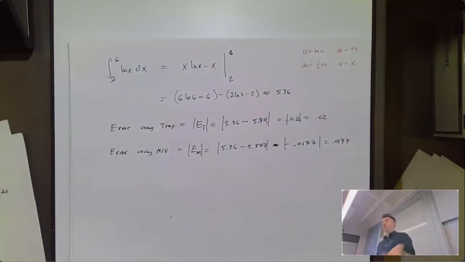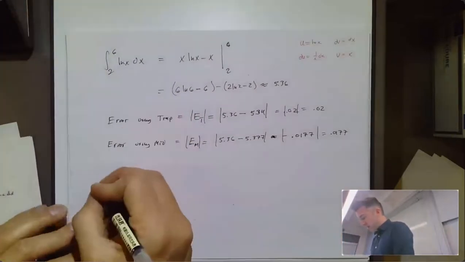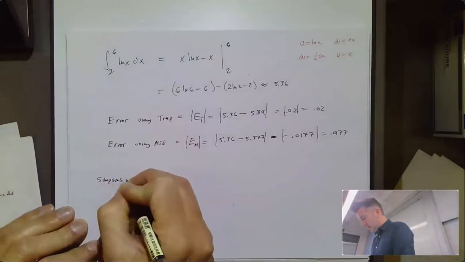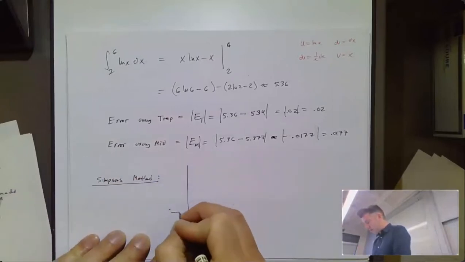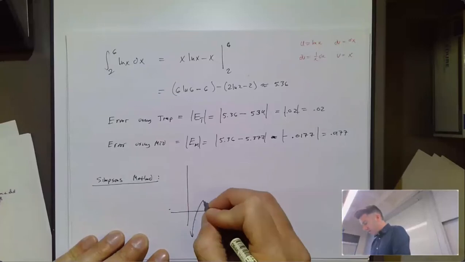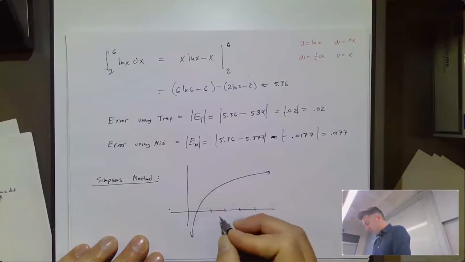There is also one other method called Simpson's method, which is kind of funky. Instead of using trapezoids or rectangles to estimate area, what you're actually doing with Simpson's method is using parabolas. So the idea is, I've got some function like the natural log of x, sure, let's go with it. And if I break it up into 4 little sections here,